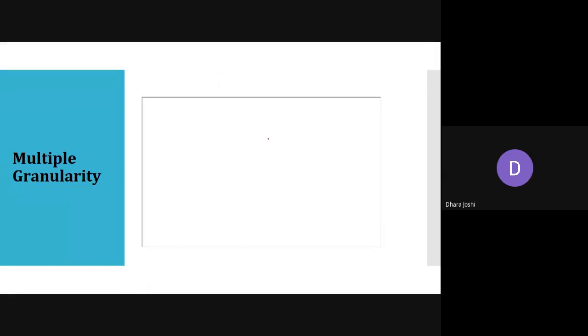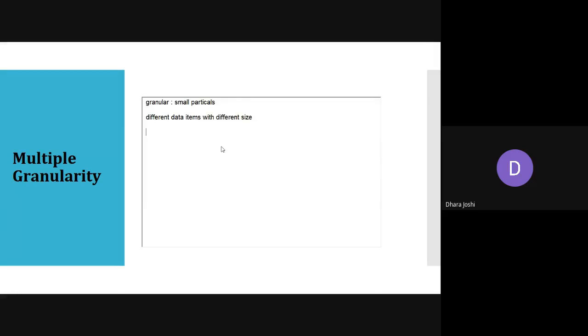So in multiple granularity, we have more granular, that means small particles, and we have divided the different data items with different sizes. It may be possible that in one file we have 68 records, and in another file we have 500 records. So each and every granule, each and every portion, has a different size. Okay? So we can divide granularity into two terms.